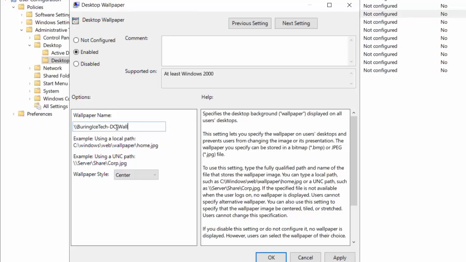I'm just going to say wallpapers backslash. The picture was actually also called wallpaper, mind you. .jpg. Here we go. All right, and then on the wallpaper style, I don't want to center. I want to make it full. We just want to make sure it uses all the space available there. Otherwise, it's going to look very unneat. Click on full, apply,